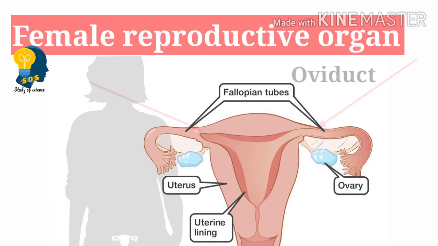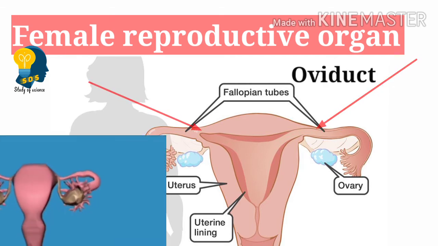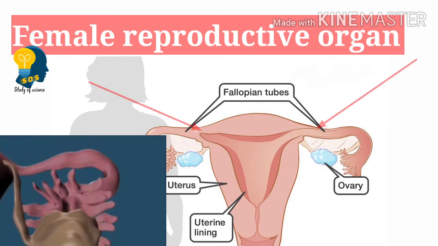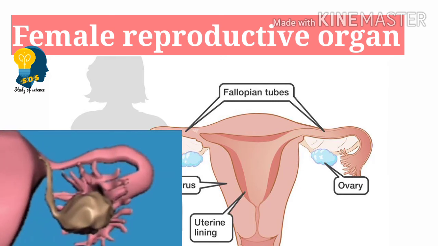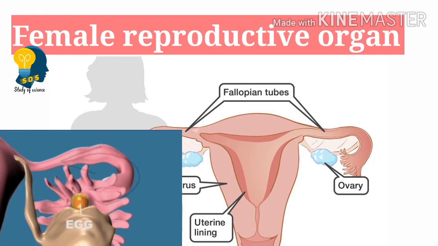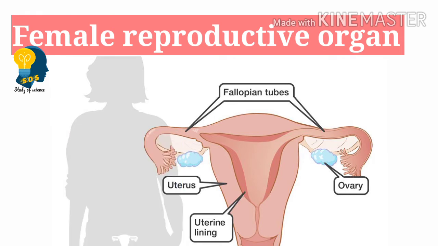See, if you look at the ovary, this is a region where the egg is produced, and the egg which is produced inside this ovary will get matured. So every month one matured egg from this ovary will reach the fallopian tube, which is also called oviduct. Why does this egg reach this fallopian tube? This egg will wait for the sperm to meet. Why does it have to meet the sperm? To make the fertilization happen.